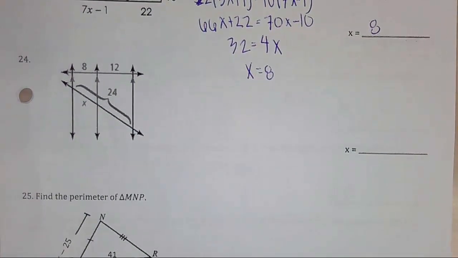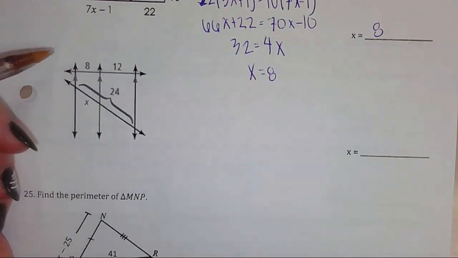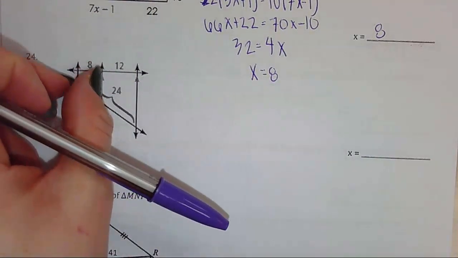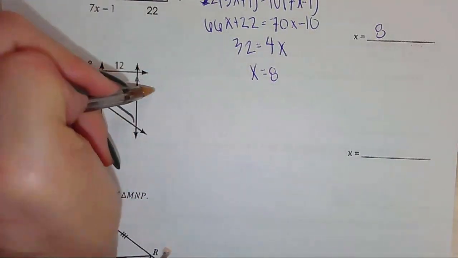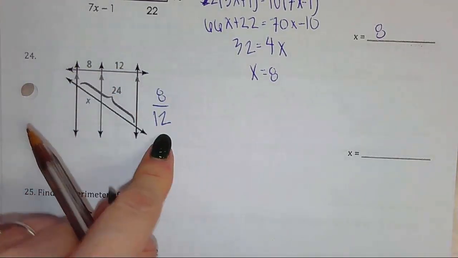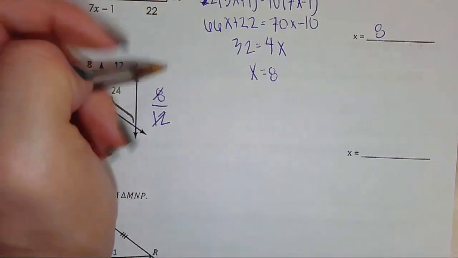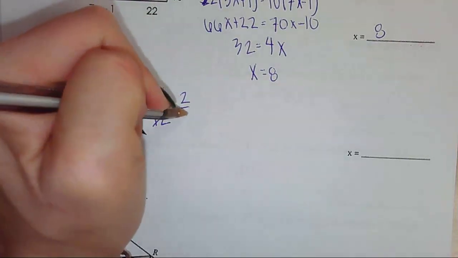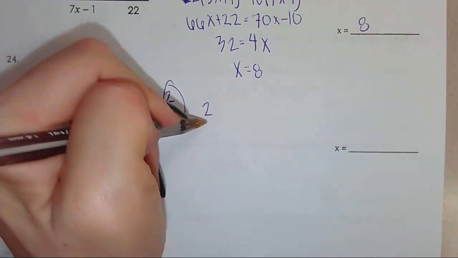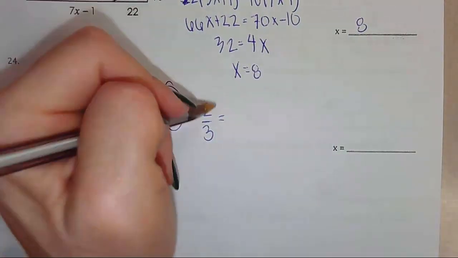Okie doke. Last but not least, we kind of had one like this. So what I'm going to do is put this side 8 over 12. All right, so 8 over 12. I'm going to reduce to start with. So they're both divisible by 4, which is going to give me 2/3. Okay, so I'm going to do 2/3 equals, well, I started with 8, which is this, so x,